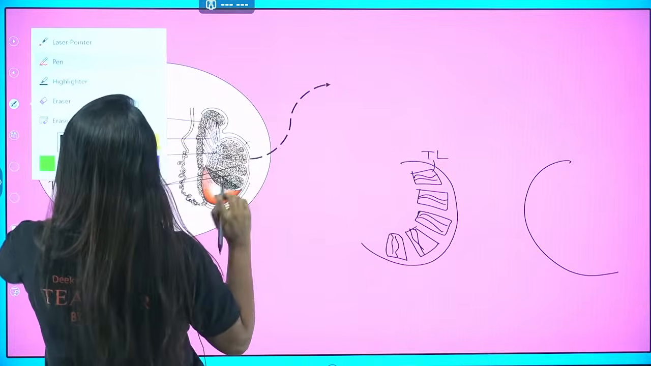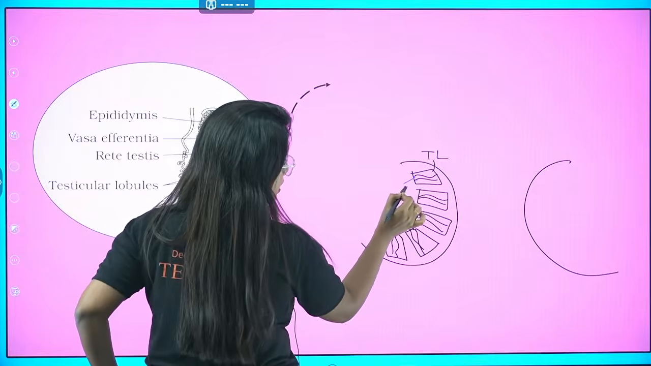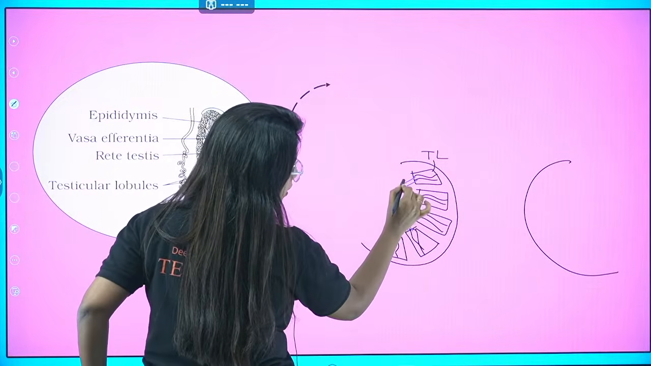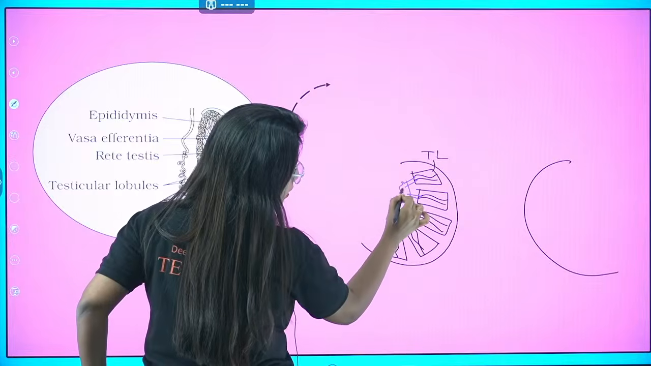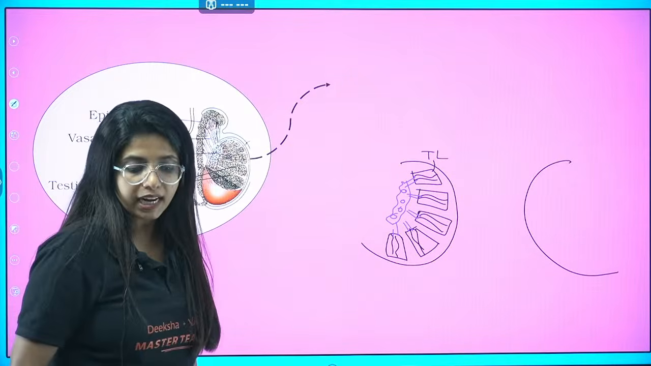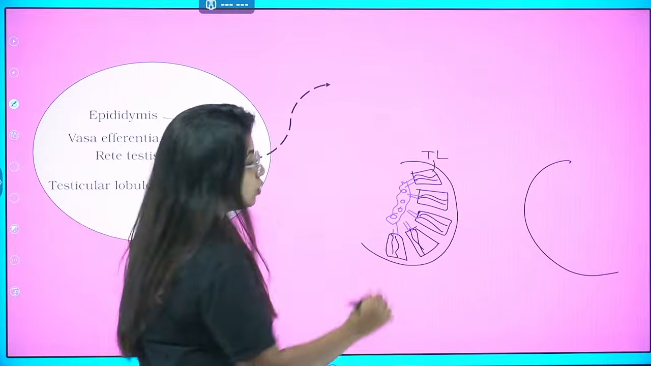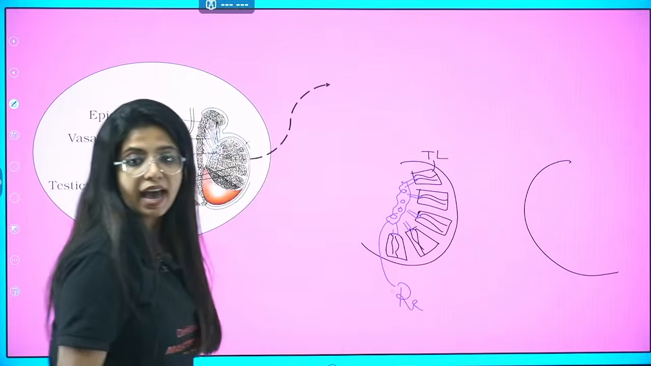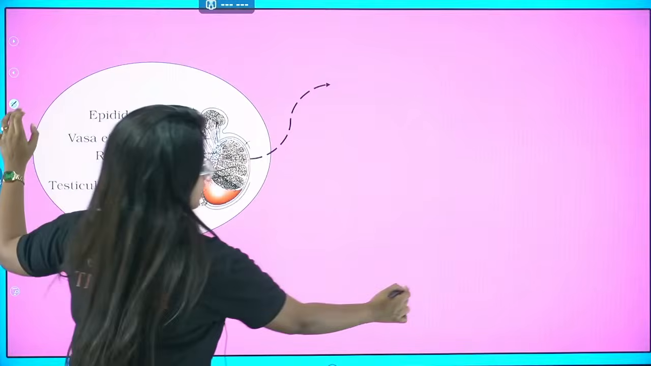The sperm say, ma'am, I want to go out. So let it go out. When it goes out, basically, it opens into a duct like this. It opens into a duct like this, and what do you call this? This duct is the first duct given in your NCERT, and it is known as...